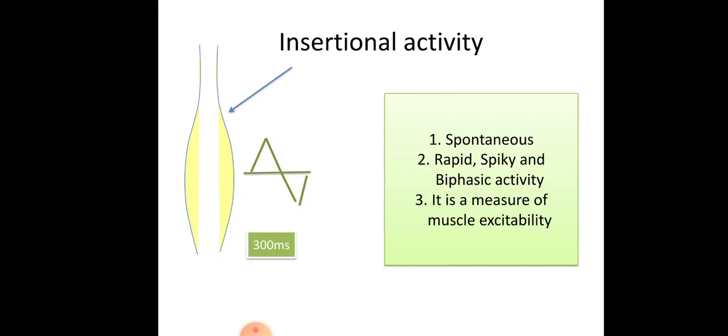That is, when a needle is inserted into the muscle, it breaks through the muscle fiber membrane. Hence it is a measure of muscle excitability. It is described as normal, reduced or increased. Now, I told you all that 300 millisecond is normal. It should be normal. Sometimes it can be reduced, which is considered as normal.